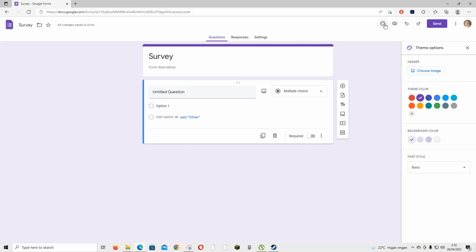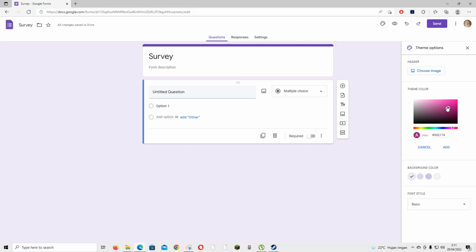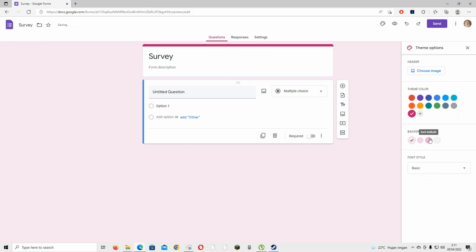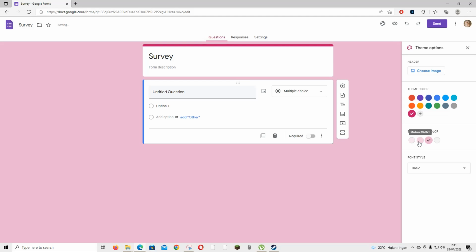So press customize theme. You can add in an image, like choose an image for the header, but I'm not going to do that. You can add a theme color, maybe like a pink one, because I like the color pink. Press add, and it's going to make the theme of your form pink. And you can also choose between these background colors, and then you can also choose a font style. There's basic, decorative,